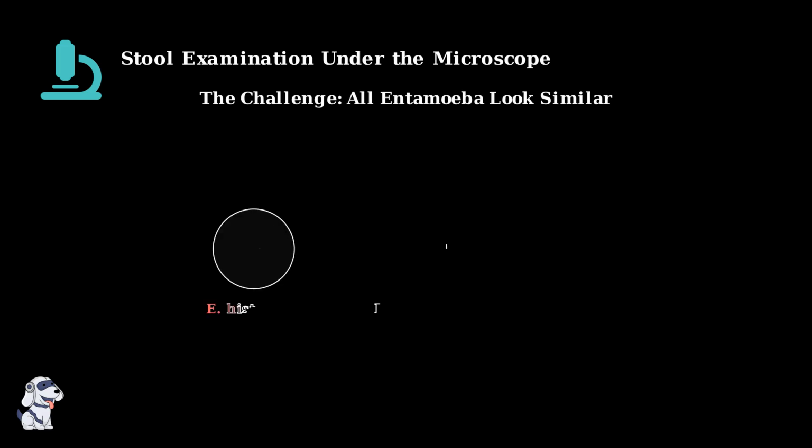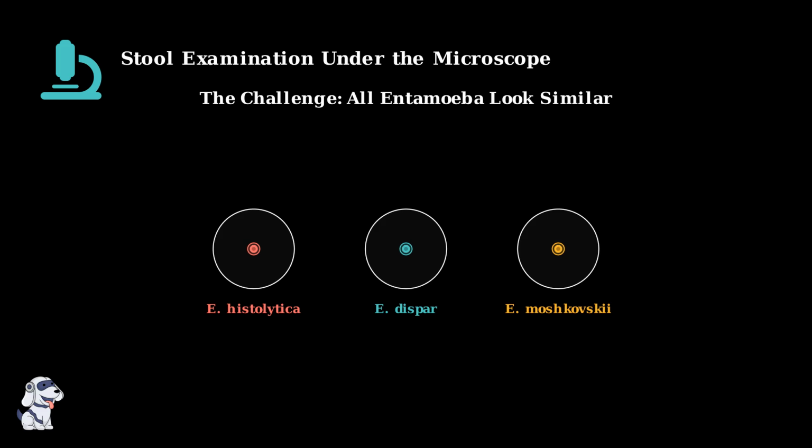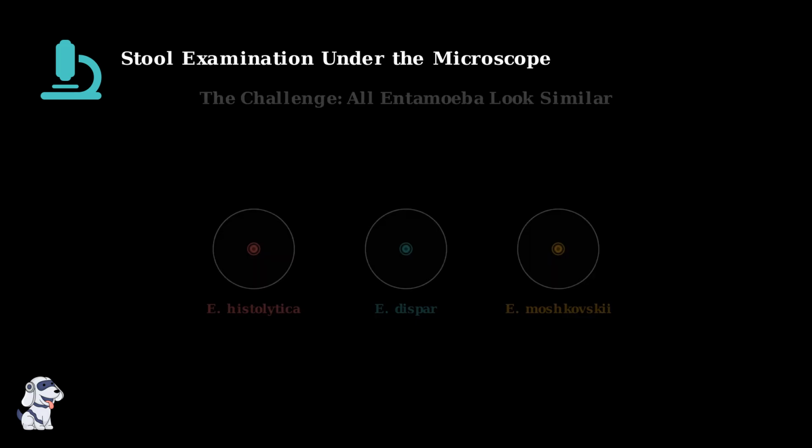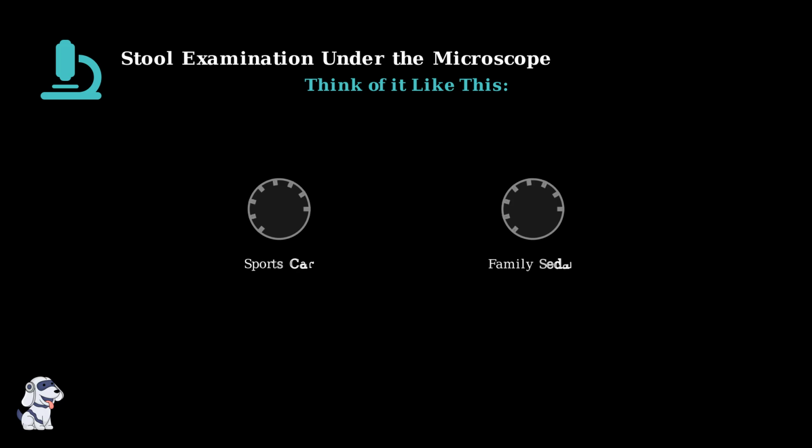However, stool examination has a major limitation. Under the microscope, Entamoeba histolytica looks nearly identical to other harmless Entamoeba species like E. dispar and E. moshkovskii. It's like trying to identify a specific car model by just looking at the tires. The tires might look very similar, but they could belong to completely different types of cars, a sports car or